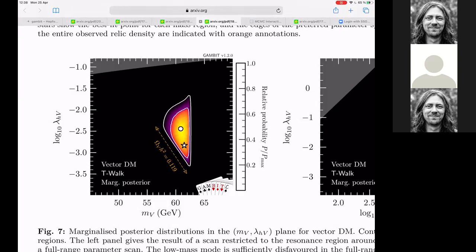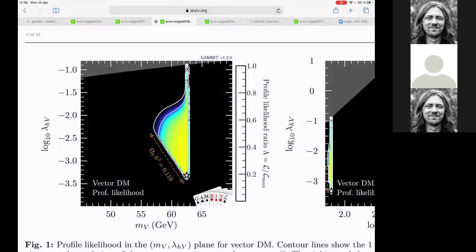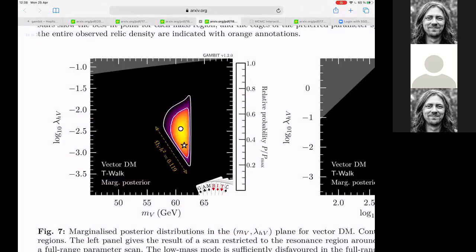You can also see that if you look at the maximum likelihood, the best fit point is this point down at the very bottom tip of this region. So if you just did a frequentist analysis, you would say, okay, this is my best estimate for these two parameters, that point. If you instead did a Bayesian analysis, now this